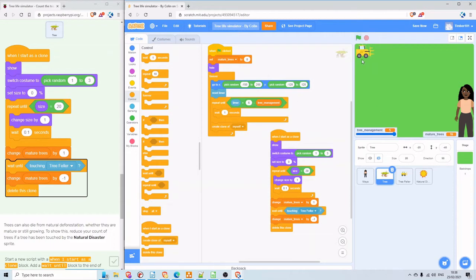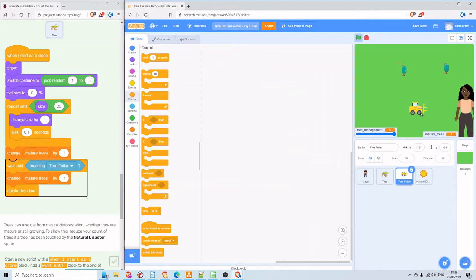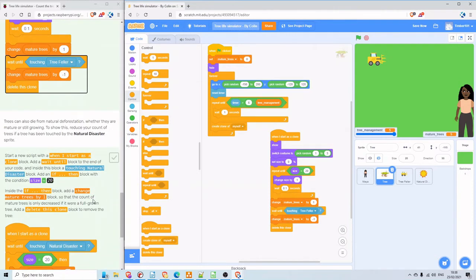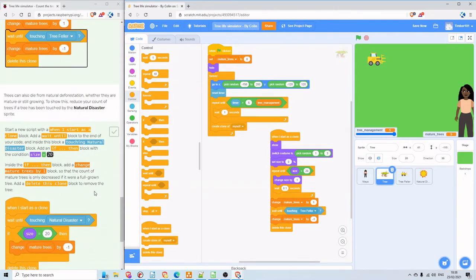We haven't got any movement on the tractor at the moment, so let me just see if I can simulate this. Because I'm dragging the tractor around, or the tree feller around, you can see the number of mature trees is decreasing when I park it on top of a fully grown tree. So that seems to be working fine. I'll press stop, come back to my tree. We're going to add in now some further tree deductions for when